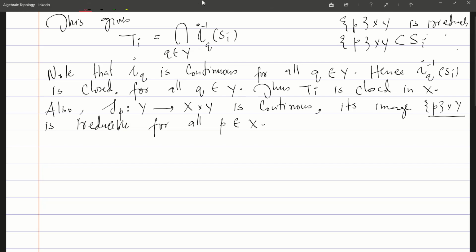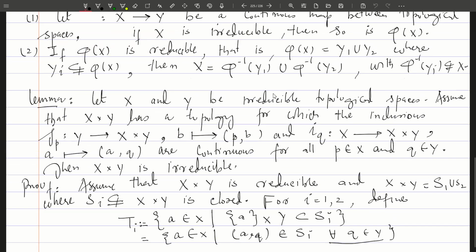It follows from this fact here. So if we have a point a in X, then Ti contains all the points a in X for which the set a times Y is contained in Si. So that means,